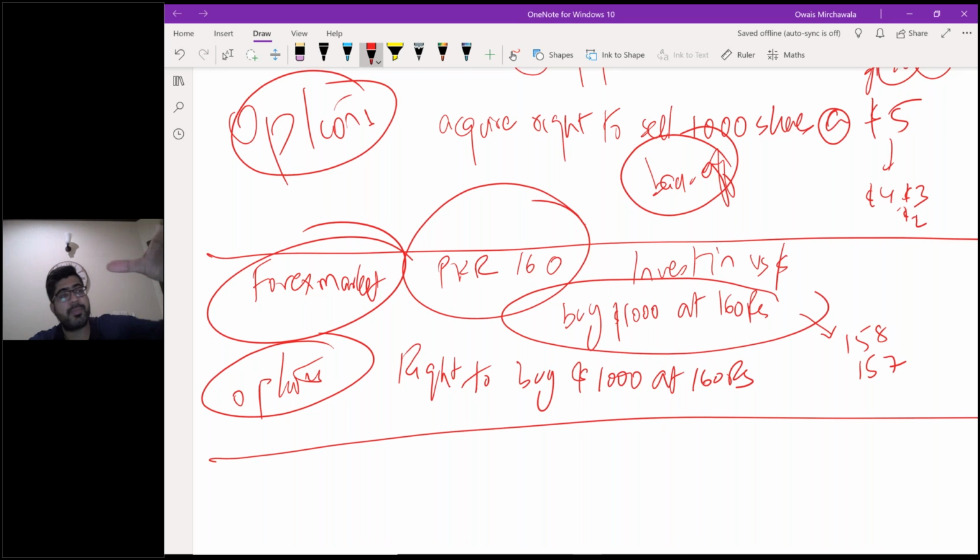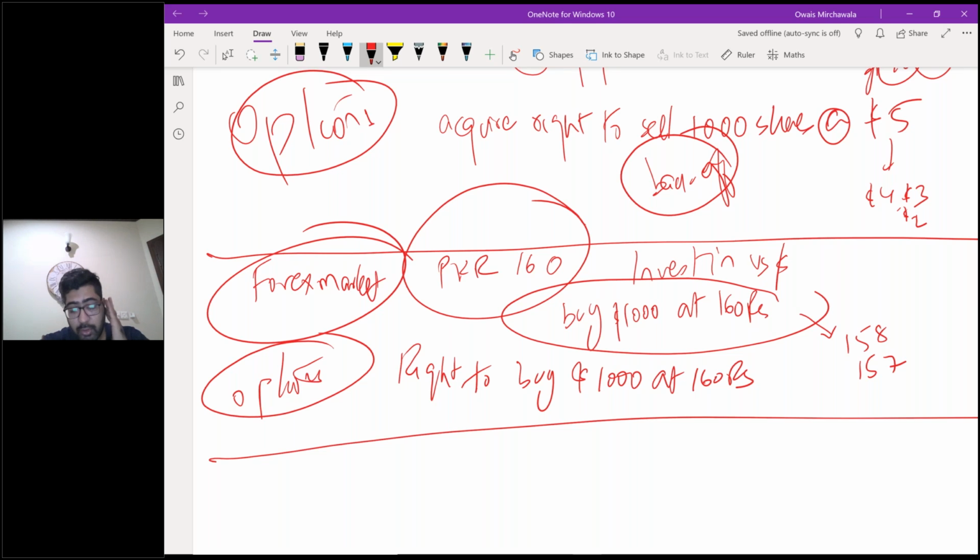Now, the investor is offered so much protection that, okay, don't buy 1,000 shares, don't sell 1,000 shares, just take a promise to buy shares at 5 or sell shares at 5. If you bought 1,000 shares and the prices start going down, exercise the right and take at 5. And if the price starts going up, back off. Similarly, if you decided to sell some shares, don't sell. Get a right to sell shares at 10. If the prices go up, back off. If the prices go down, exercise it.